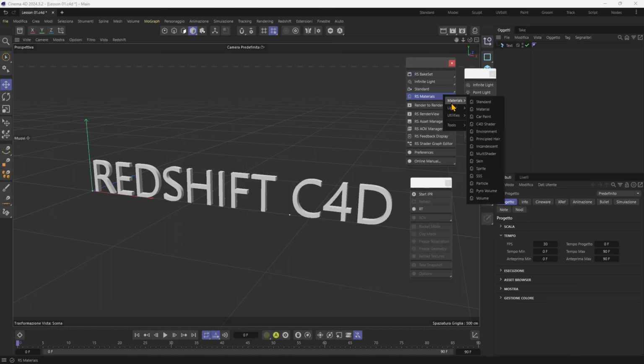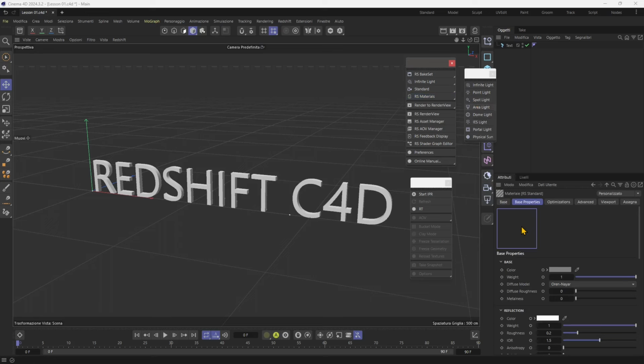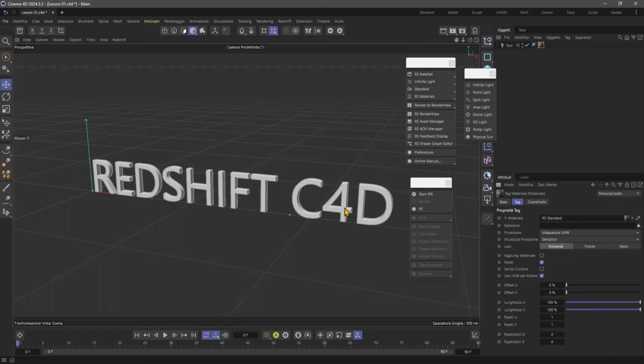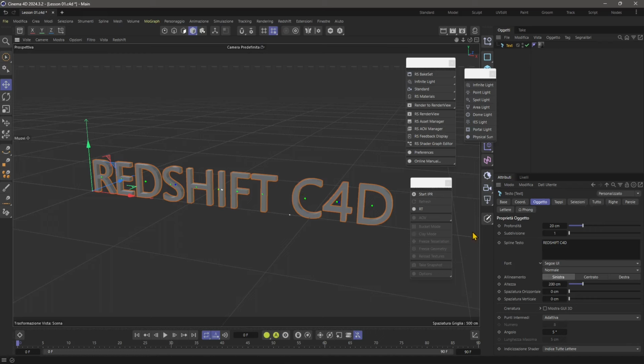And let me see here. Let's go back to materials. Let's use a standard material. So let's keep it simple and standard for this first lesson. So this is a gray material. If I click and drag with the left mouse the sphere on top of the 3D object, I'm gonna apply the material. So this is, I think, the quickest way you can apply a Redshift material or any other material